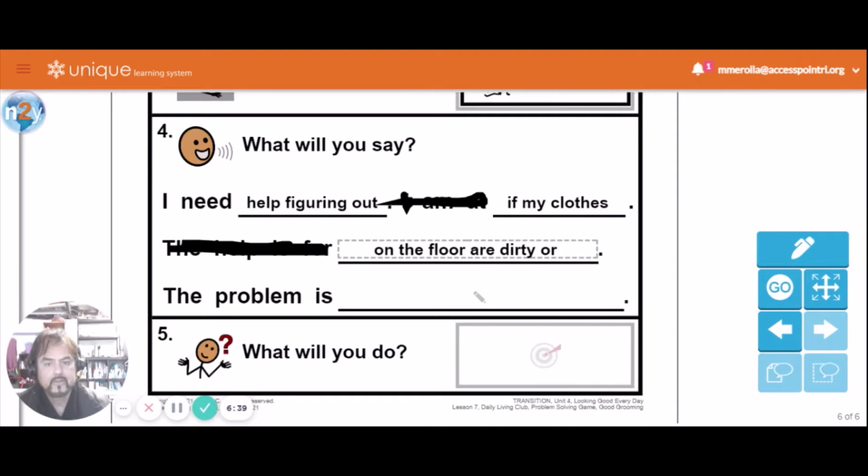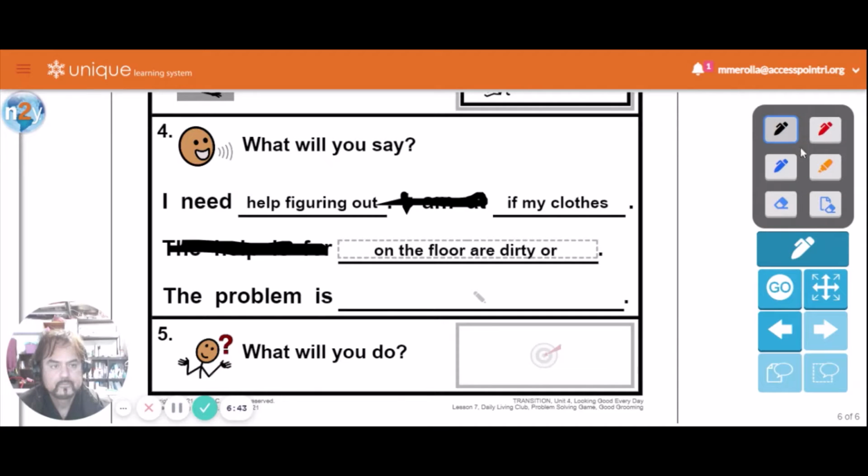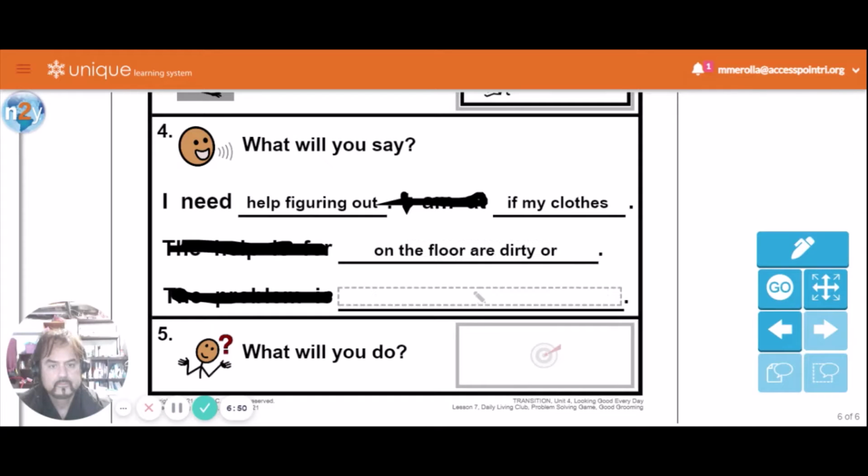Oops, not gonna fit. So you'd say, I need help figuring out if my clothes on the floor are dirty or clean.